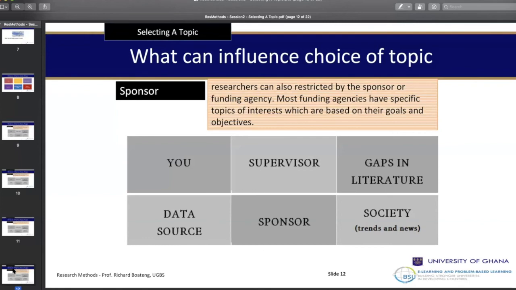Then the sponsor. Sponsor comes in when sometimes you have a scenario where somebody is sponsoring you and they require you to do a study on the organization. It's not wrong, it happens. But you should note that you may find out something that you need to be very objective about, but you cannot write it to the sponsor. For example, you find evidence of corruption and you need to be careful in writing it out, because if you don't write it very well, people will lose their jobs.